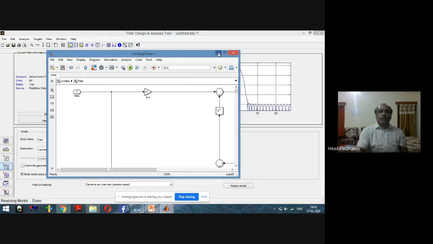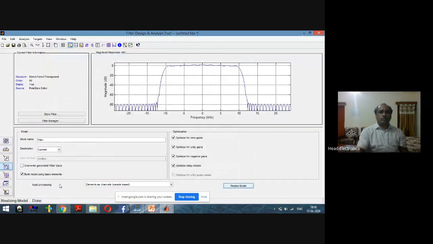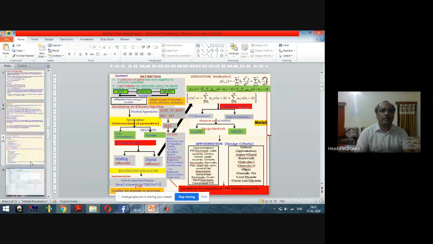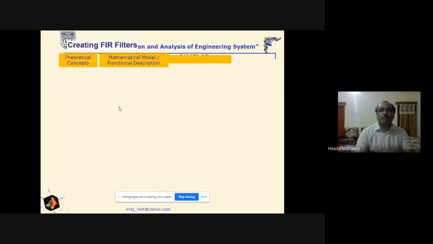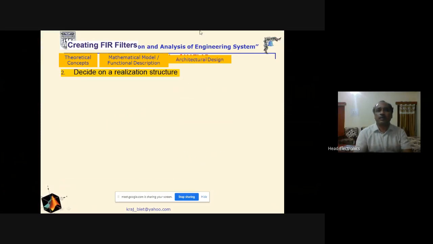Now again coming to this filter design tool. Now see here, there is a block set quantization parameter. Here we can select, we can quantize the parameter. What is the quantization? Again, we are coming to this slide here. Here we have discussed these topics, and then we come to this one here. That is, first we have to develop the theoretical concept, then the mathematical model and functional description, then architectural design.